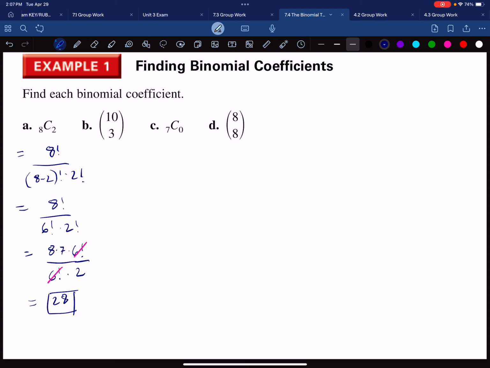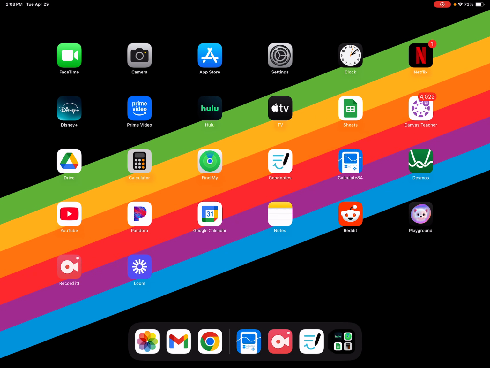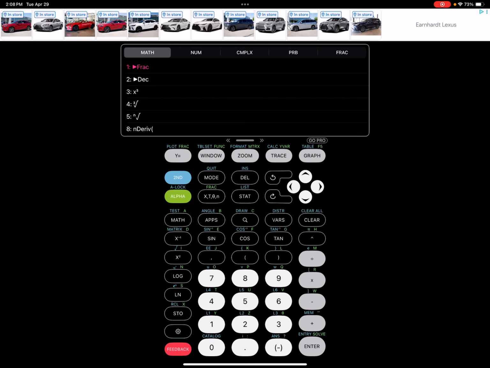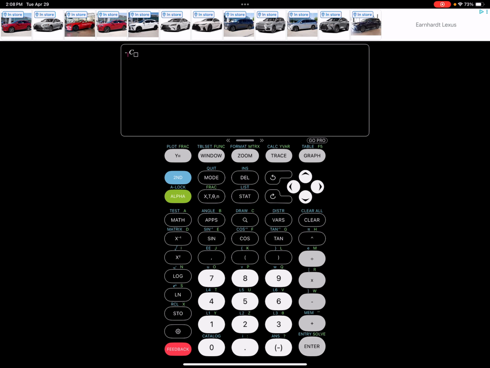I'll show you in your calculator where you can find that factorial operator at this point. If I wrote it in the other notation, this would be 10 choose 3. Let's go to our calculator. We're going to go to the math button and scroll all the way over to the probability menu, and you can see the third option down is nCr. I'm going to enter